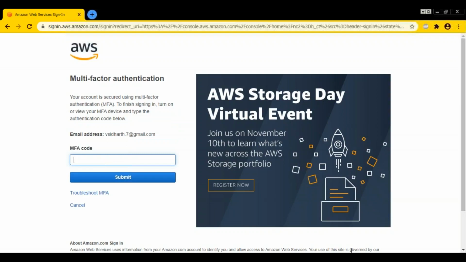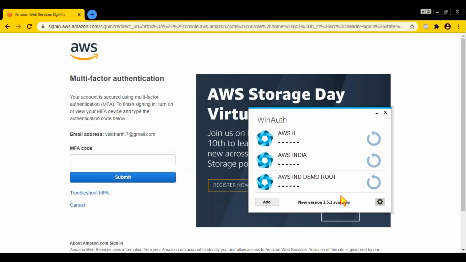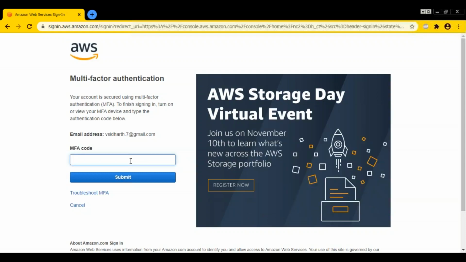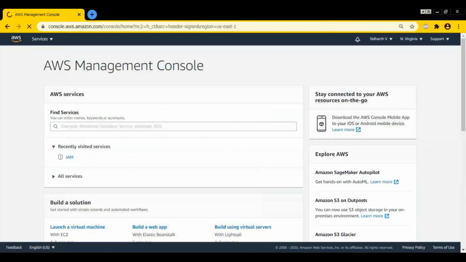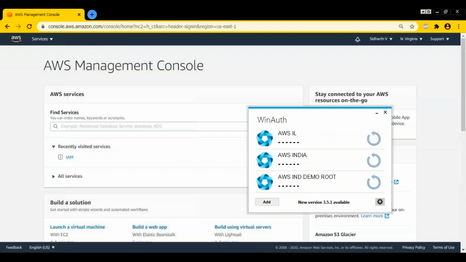So how do you enter the MFA? You open your software, you open that particular account and you hit refresh or whatever, and it generates the code. Only then you will be able to log in. So it is recommended to enable the MFA at least for your root account.